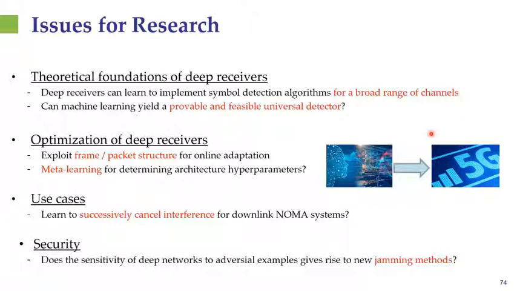Finally, we can also note that the weaknesses of deep learning can have an effect on their implementation and application in wireless communication. For example, we know that deep networks are sensitive to adversarial examples. Namely, one can provide an input with a very weak level of noise, which will change the inference and decision of those deep networks considerably. This gives rise to the potential of new jamming methods designed for deep receivers, aiming to exploit their weaknesses to adversarial examples.